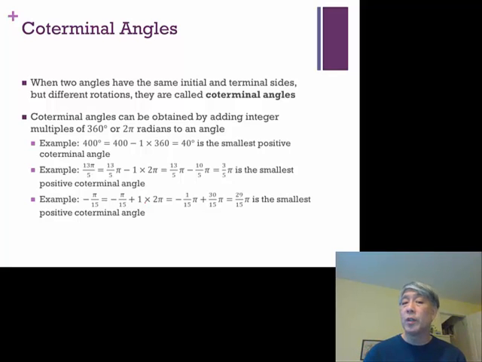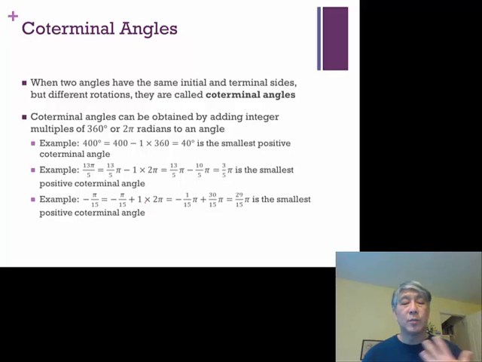Minus 320 would be the smallest negative coterminal angle. By subtracting or adding integer multiples of 360, there are effectively an infinite number of coterminal angles. Most of the time we're only going to focus on the smallest positive, or in some rare instances the smallest negative. Okay. Working in radians now, if I had 13 pi over 5, well, 13 pi over